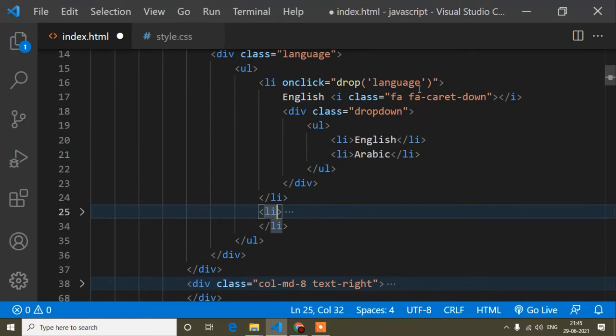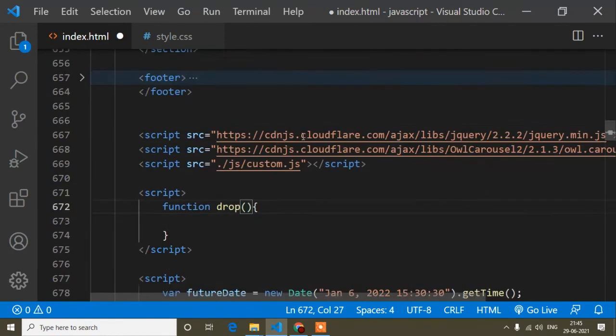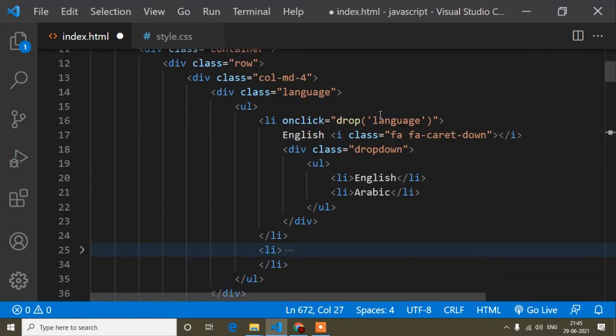Okay, so now I will add the design for only language. Inside this drop function parenthesis I have passed a string value, that is language. Here we cannot keep it blank, so I also have to pass a name, and by this name this value will be passed.